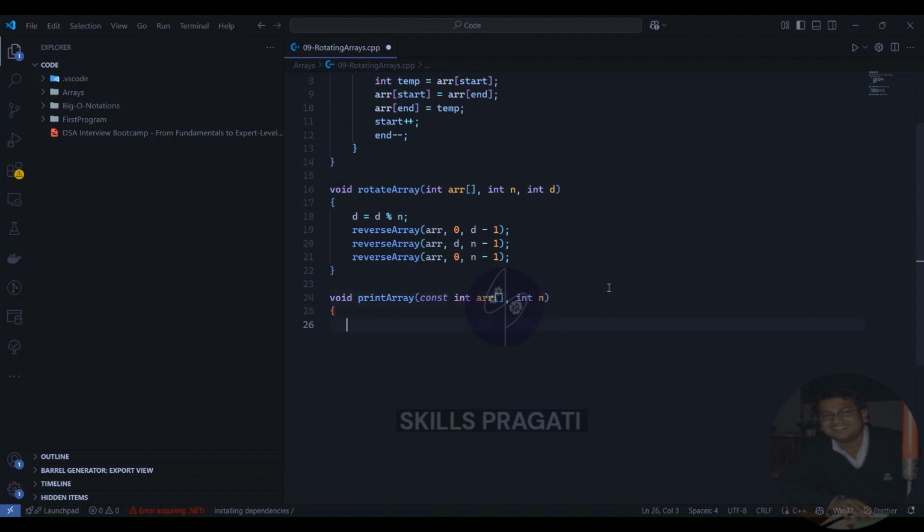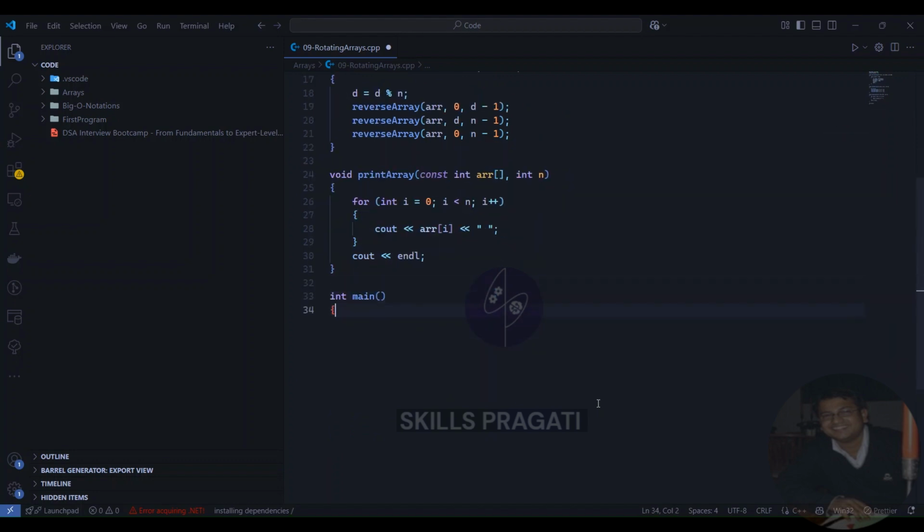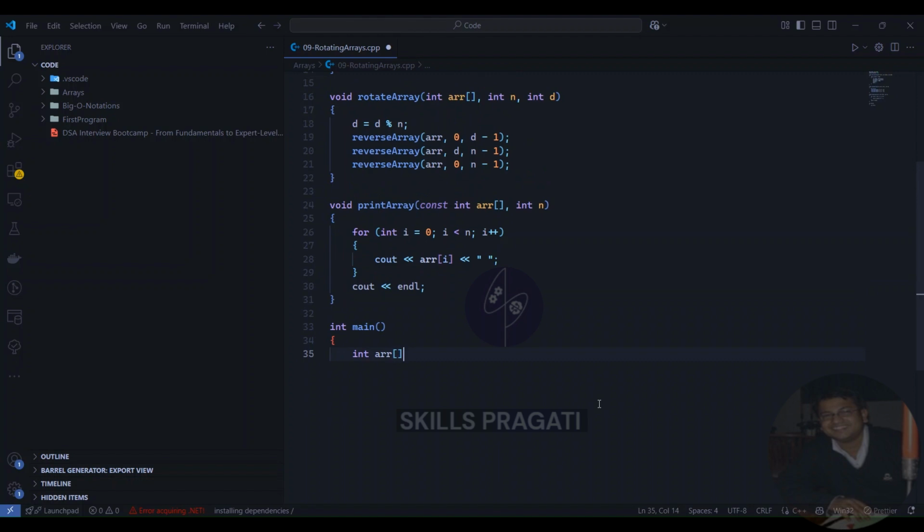After that, I create a helper function called printArray. In this function, I loop through the array and print each element with a space in between. This function is used to display the contents of the array so I can see the result before and after the rotation. In the main function, I define an array containing the elements